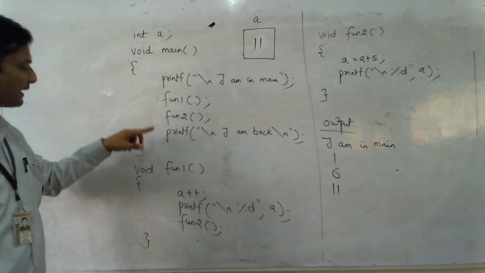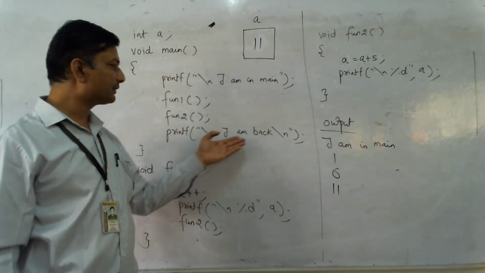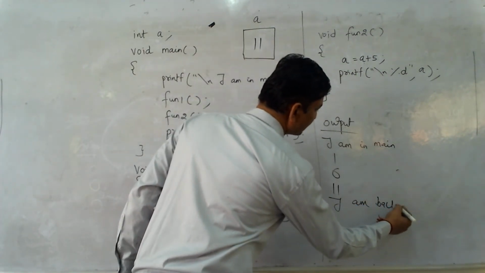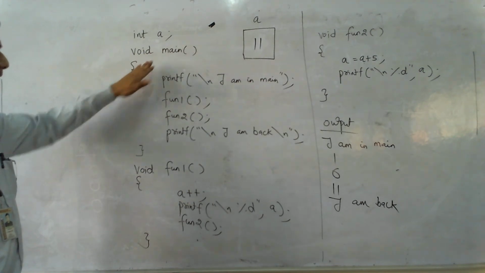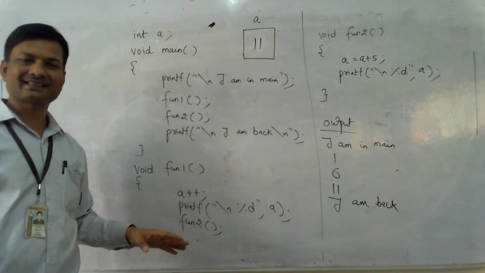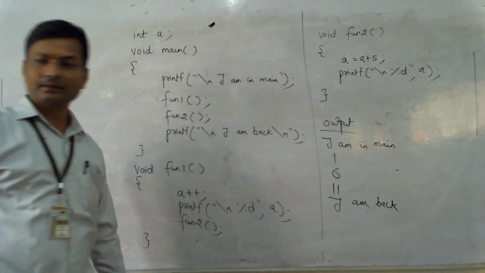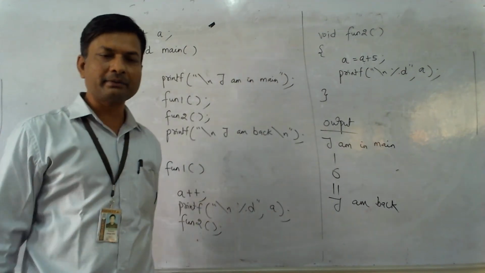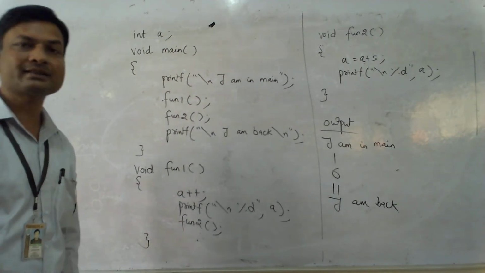After execution of this line, the next line will be executed. In this line, it is just writing a comment, I am back. And after completing this statement, all the lines inside the main function are executed. So as soon as the main function ends, the program ends. And as soon as the program ends, this variable will be deleted. From where? From memory, not from CPU registers. Why? Because all the variables belonging to the external storage class occupy space in memory, not in CPU registers.